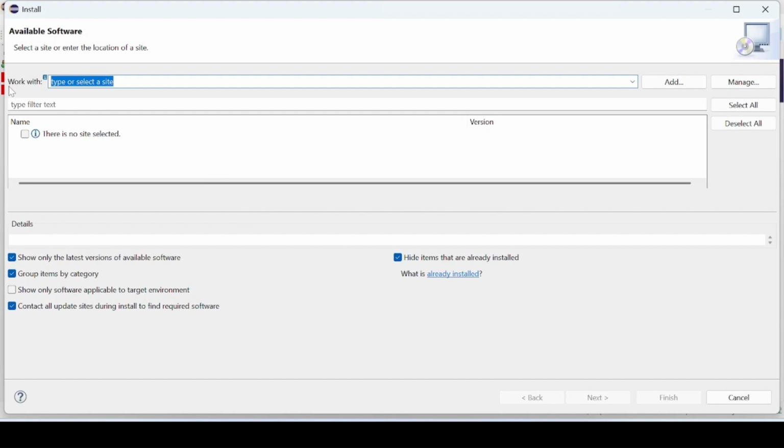And here you have to paste the particular URL from where we have to install the above development tool. For that, I have already copied this link, and I just have to paste it over here. But in your case, you can find the URL in our description. I have just pasted the link,